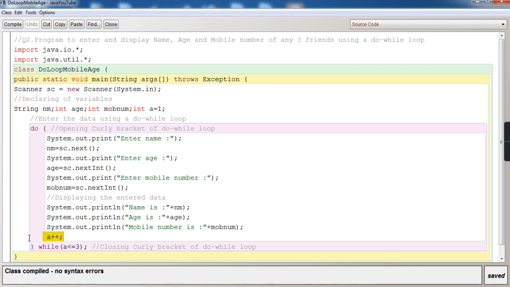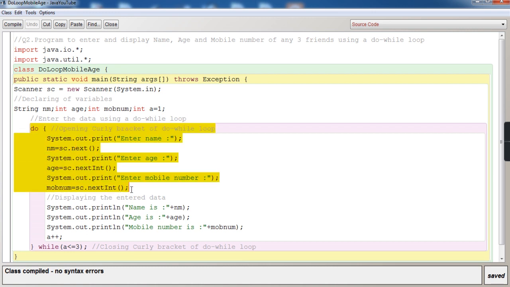So a will become 3, and then it will go over here to the closing curly bracket, and if you see, once this is the closing curly bracket, it is highlighted over here. This is the opening, this is the closing, and it is having the while condition. The while condition says 2 less than 3. So 2 is less than 3, of course it is true. As it is true, again it will go back to do, and once it is do, it is simple, enter the body of the loop.